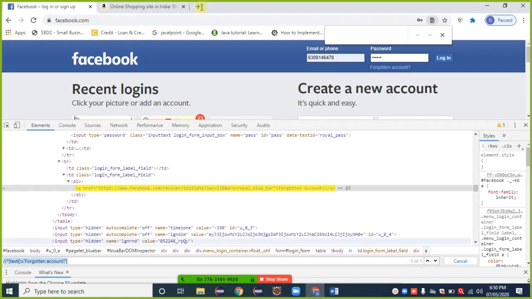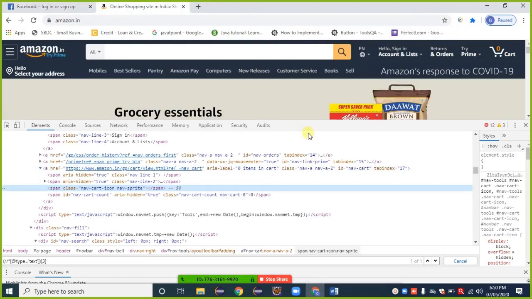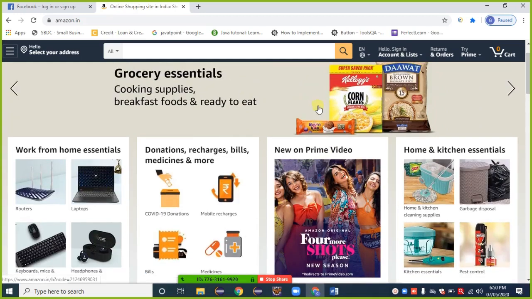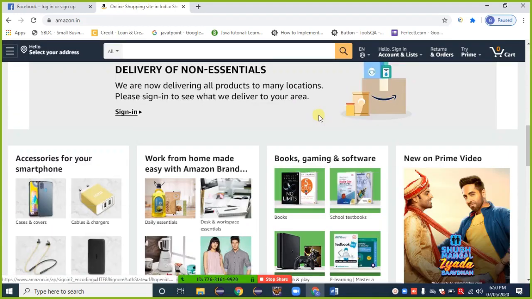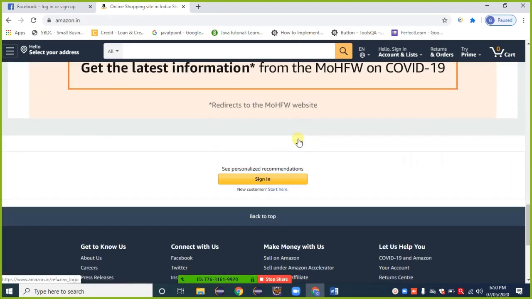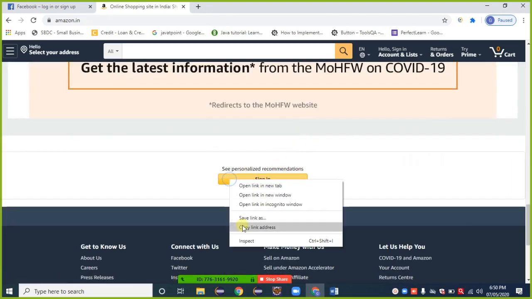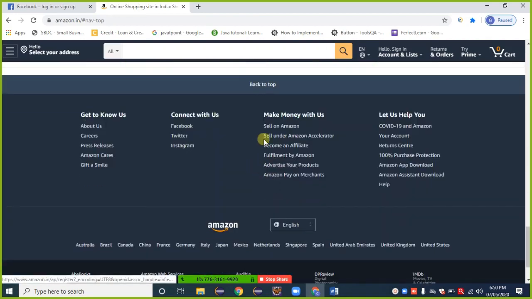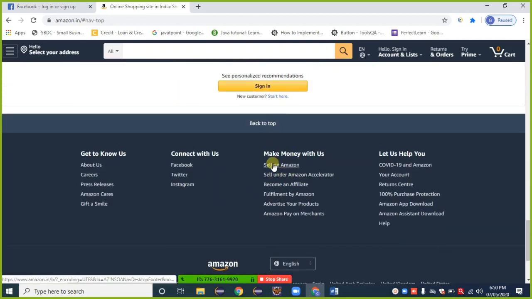Showing another example here, Amazon. Inspect.